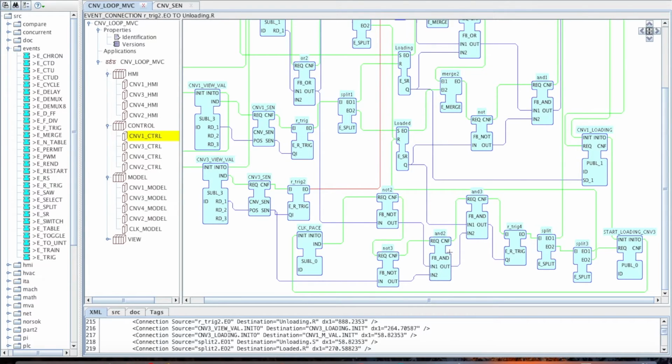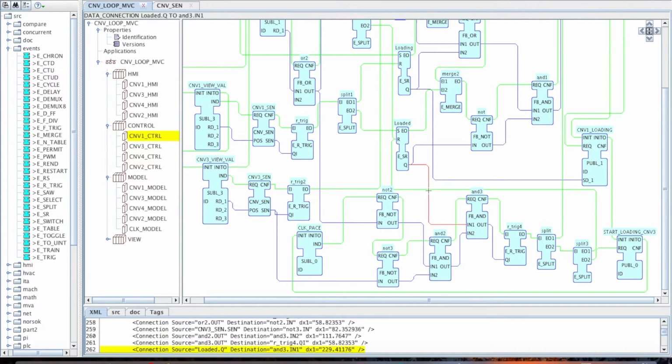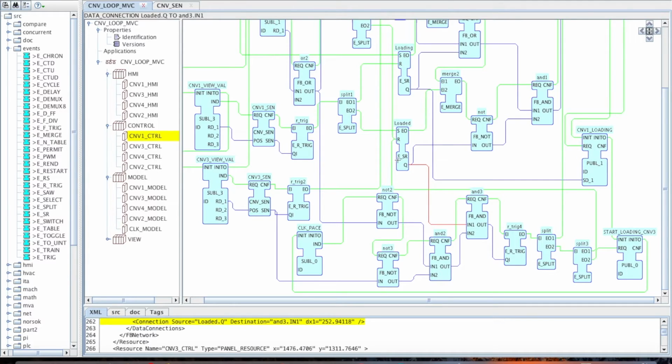It comes to an AND block joined together, meaning we currently have a workpiece, so we are in the loaded state for the given conveyor. Again, a rising edge just to trigger it once, and we have several split events, partially resetting the states of the given conveyor and setting the state of the next conveyor. Start loading